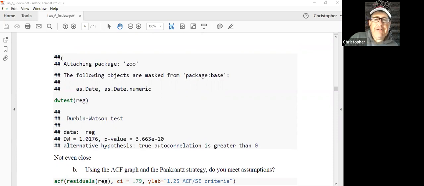What we want here is, if we've met the assumption, we would fail to reject the null hypothesis. That would mean that there was no residual autocorrelation. Here, the probability is very, very tiny, a 3 with about 8 or 9 zeros in front of it, so well below a 0.05 criterion. That tells us we have violated the assumption because we're rejecting the null hypothesis here. Remember, generally with these tests, they give you a significance test on assumptions. Not rejecting it is consistent with meeting the assumptions. Rejecting it is consistent with violating assumptions.